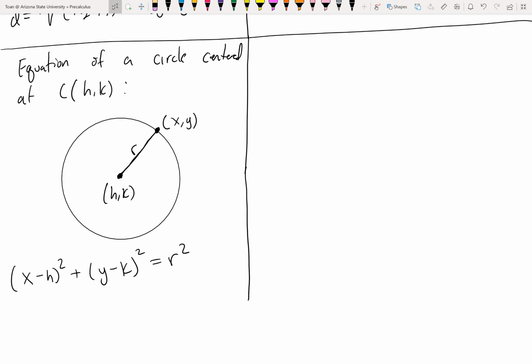Gee, I wonder how that equation changes once I take a look at the three-dimensional equivalent of a circle. Everyone should know that the 3D version of a circle is a sphere, right? A sphere is sort of like a three-dimensional circle. So, what is the equation of a sphere